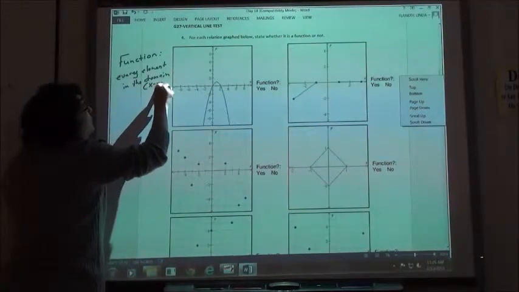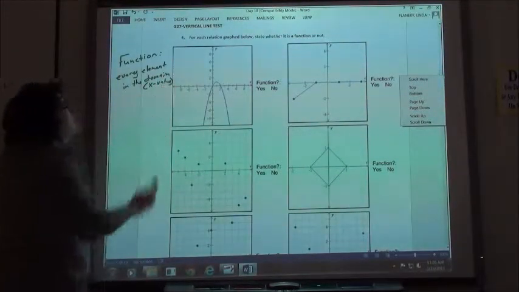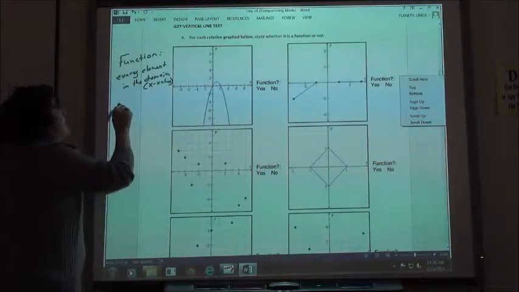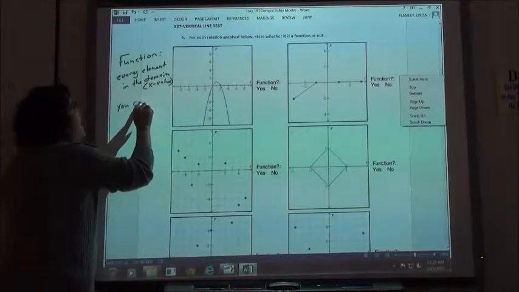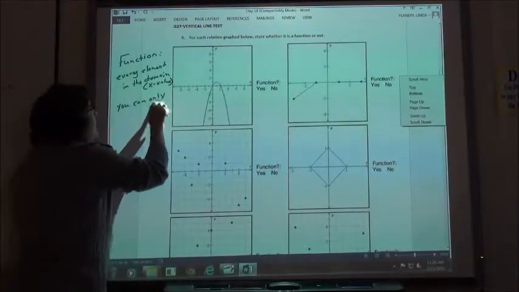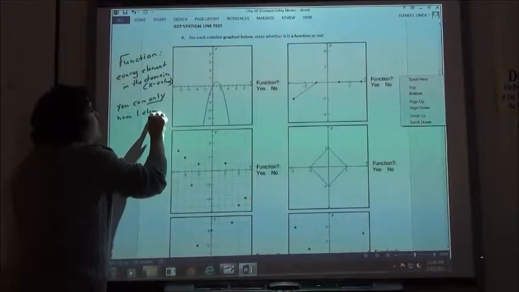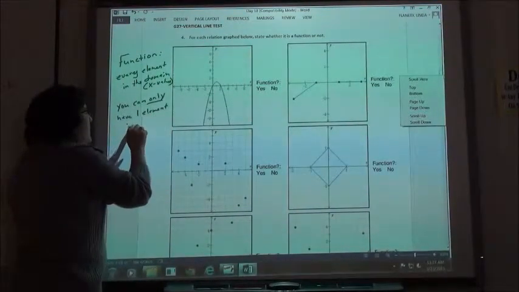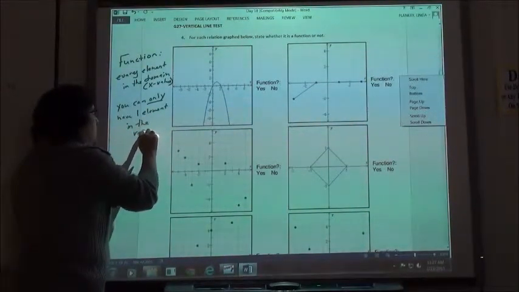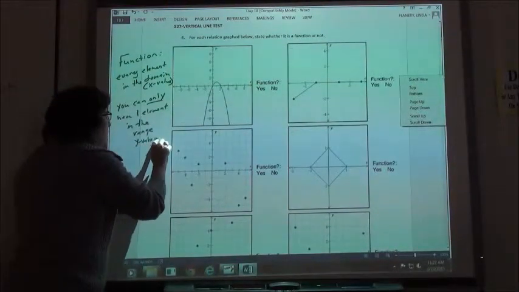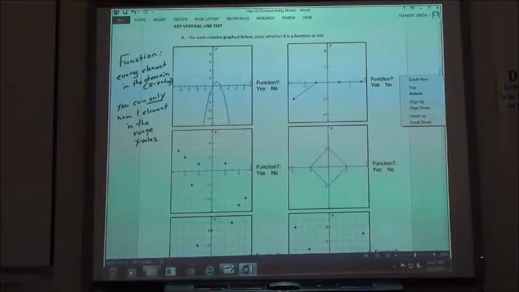Those are your x values. We talked about domain and range. For every element in the domain, you can only have one element in the range, the y values. So they say you can do the vertical line test because a vertical line gives you the